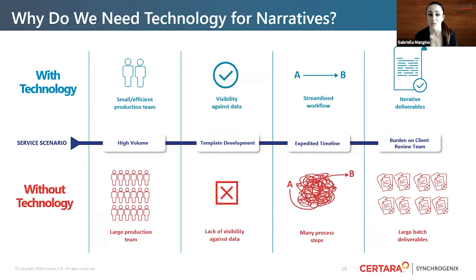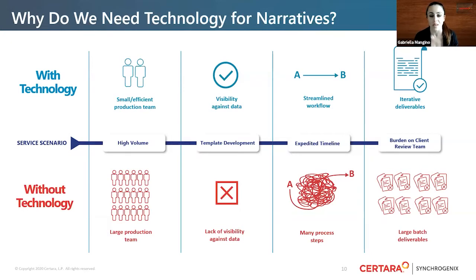So when you don't have the use of technology and you're developing your template manually, maybe you have a lack of visibility against the data. What you want to see in your template isn't ultimately how the data is captured. Whereas when you are using technology and you are programming your narrative template, you actually have visibility to the entire data set as you're building out your template. So you're identifying areas for improvement or rework as you're working through your template,